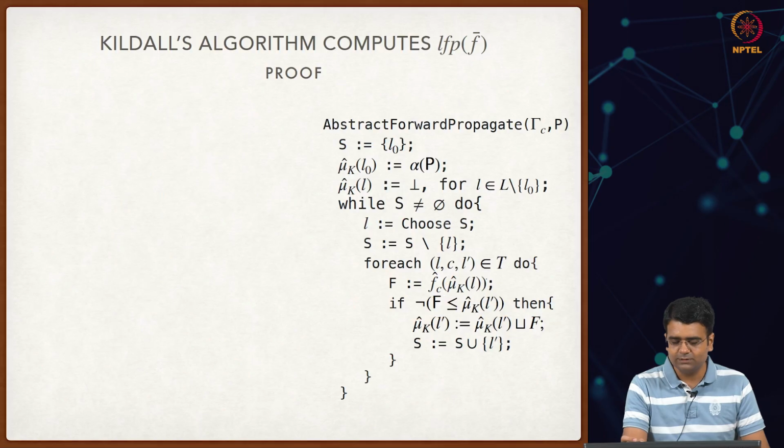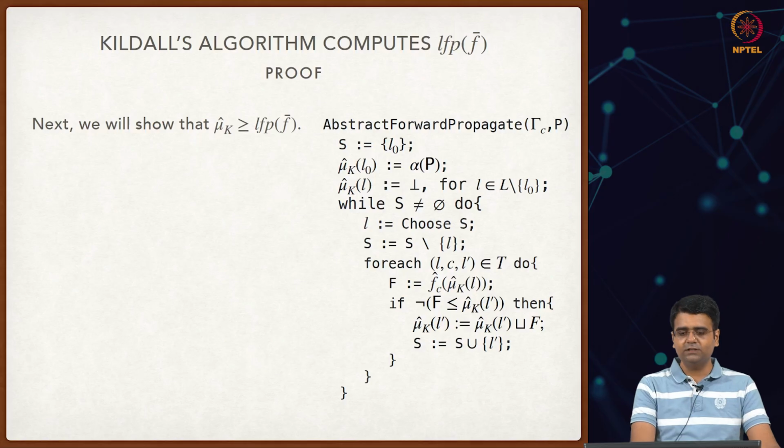So now let us prove the other direction. Now we have to show that this mu hat k is also greater than or equal to LFP of f bar. That's what we will show, that mu hat k is greater than or equal to LFP of f bar. For this we are going to take a slightly circuitous route, because